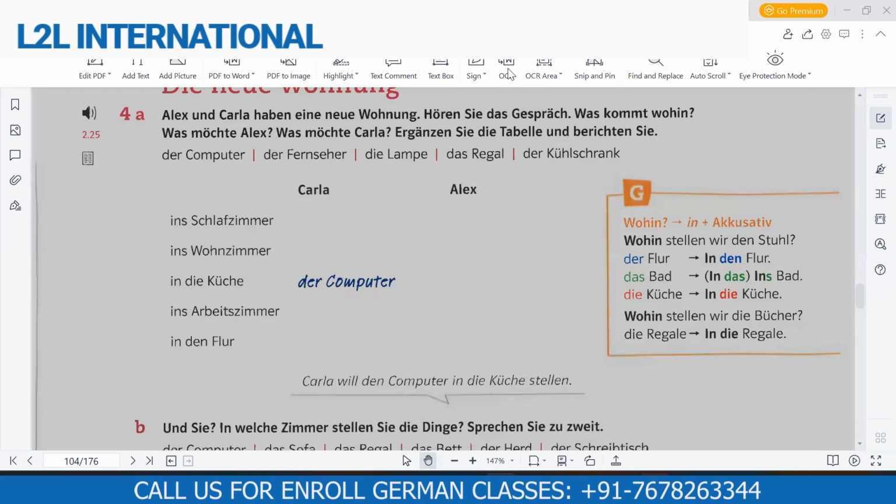Aber dieses Regal hier stellen wir in den Flur. Da ist viel Platz. Das Regal? Auf keinen Fall. Das Regal stellen wir ins Arbeitszimmer. Das ist viel zu groß für den Flur. Aber den Kühlschrank können wir in den Flur stellen. Dann haben wir in der Küche mehr Platz. Den Kühlschrank in den Flur? Warum das denn? Den Kühlschrank stellen wir natürlich in die Küche. Kühlschränke stehen immer in der Küche. Mensch, Alex, du bist immer so langweilig. Also Carla, wirklich, das regt mich total auf. Jetzt haben wir hier unsere Wohnung und du...